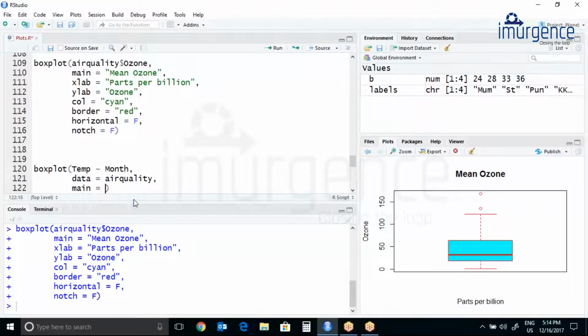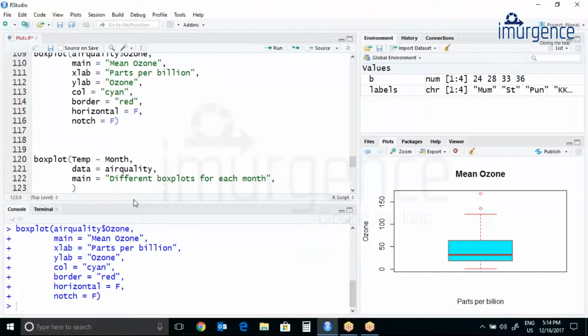Then again main equals to, different box plots for each month.